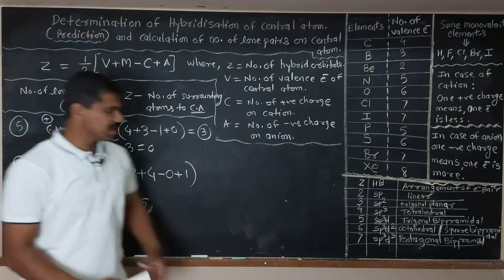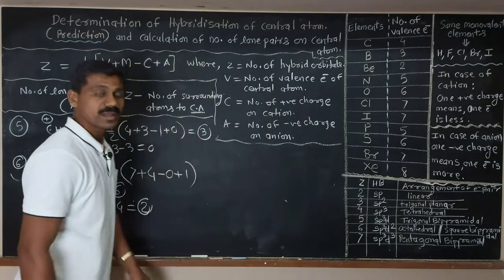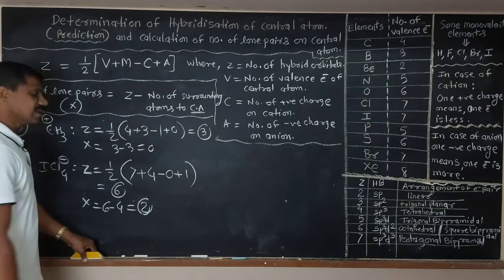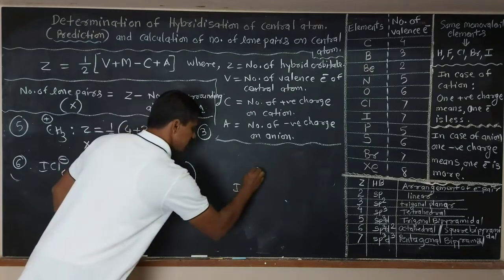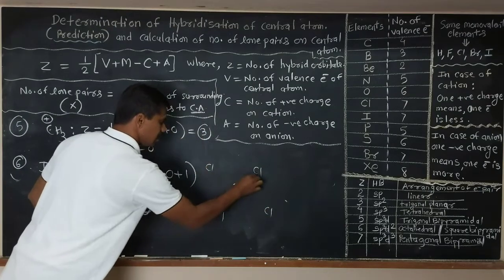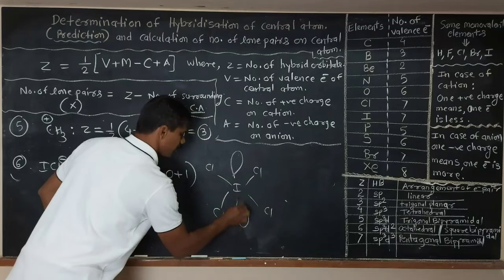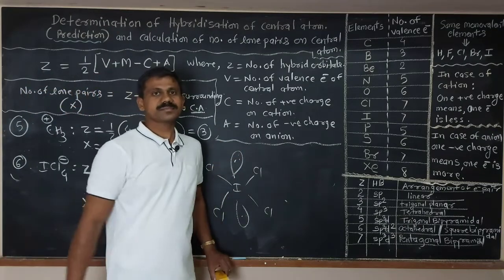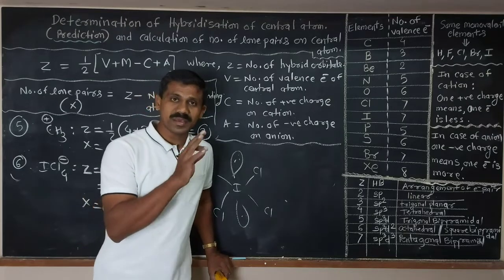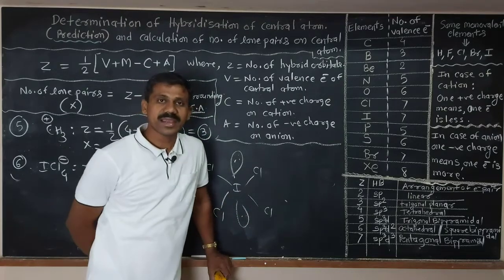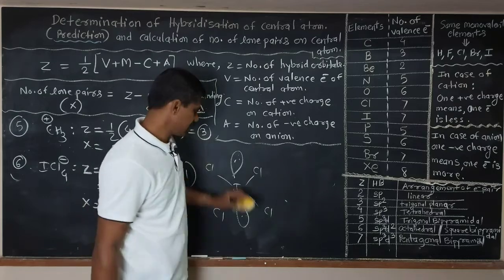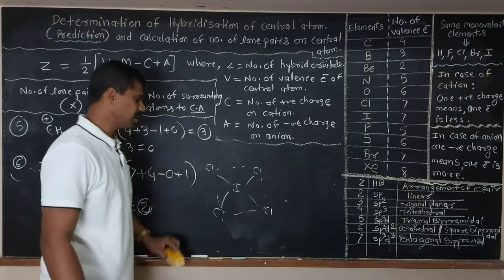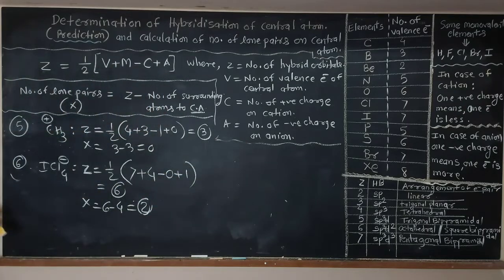If Z is equal to 6, then it is sp3d2, octahedral, square bipyramidal arrangement of electron pairs. 2 is the lone pair. Then ICl4− is written like this: ICl4, and lone pair and lone pair. Clear? It is the geometry of this compound, that is the arrangement of electron pairs, either it is bond pair or lone pair. Octahedral, but its shape is square planar. Clear? Next two examples, take a screenshot of this.